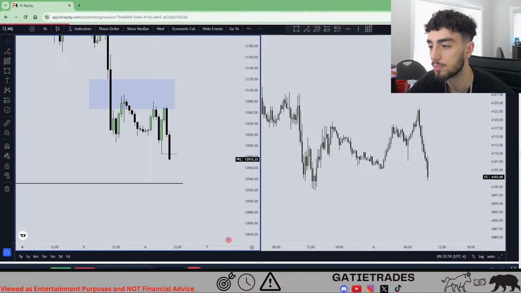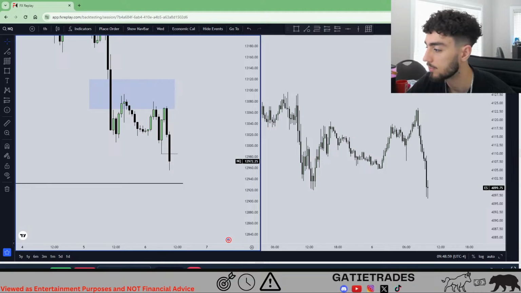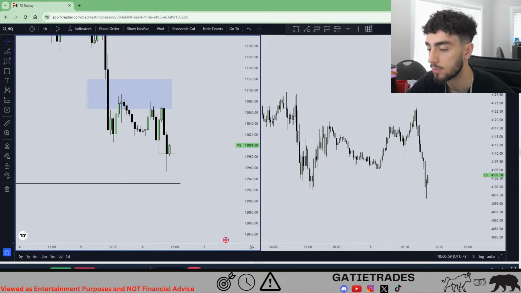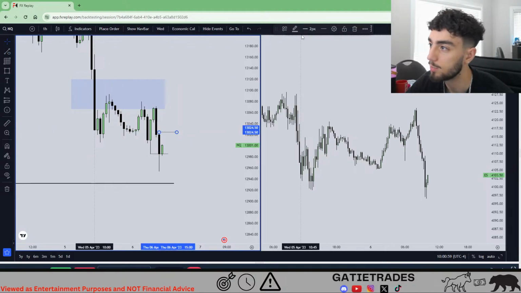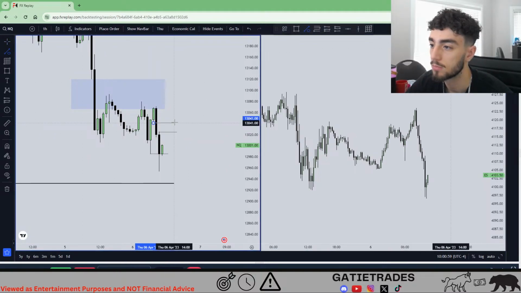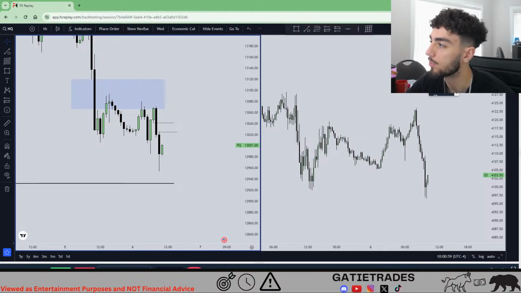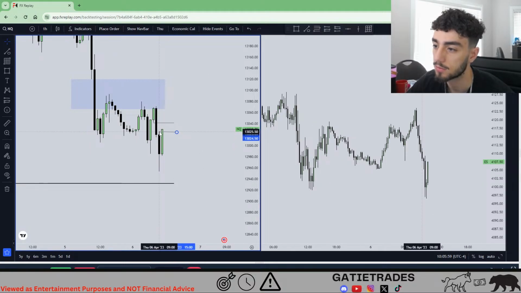Well, that just happened. We could always just forward test this too. So there's your hourly fair value gap. So now you mark it up. You mark up your hourly fair value gap and you wait for price to trade back in because you want 5-minute. There it is. Okay.